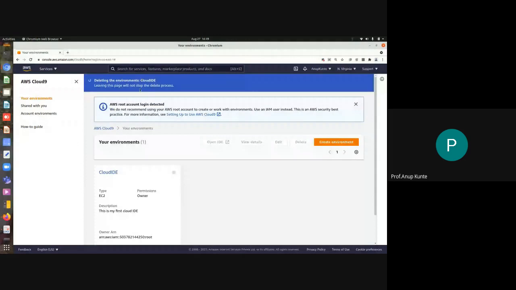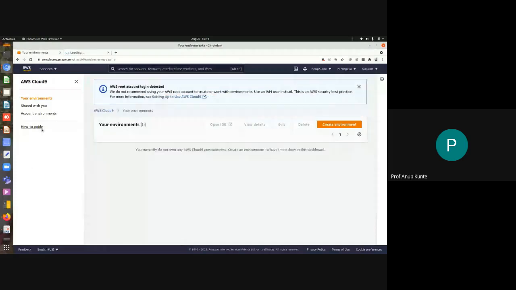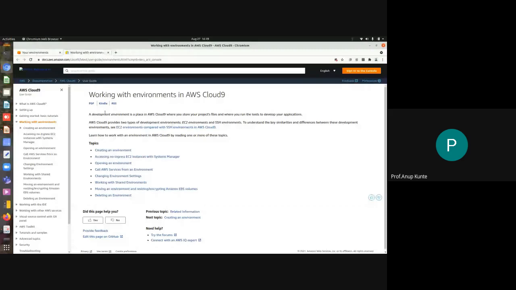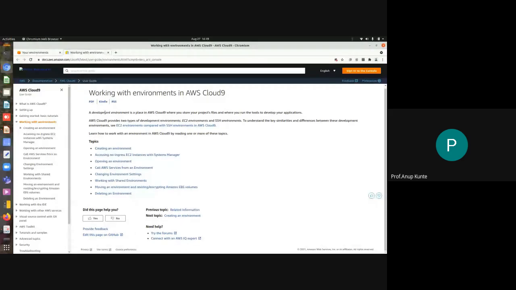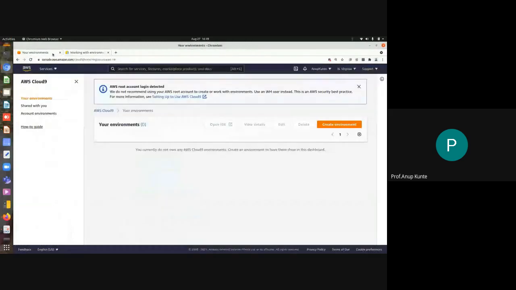Okay, fine. So now there is this how-to guide which tells you how you can create Cloud9 IDE, what are the various configurations that are available, and how to use it. So before next week's practical, I will want you to go through this IDE and try and read it at least. If you can't understand the entire thing, at least you should read it, so that you will have certain doubts in your mind, why I did something, why I did not do the other thing, etc.